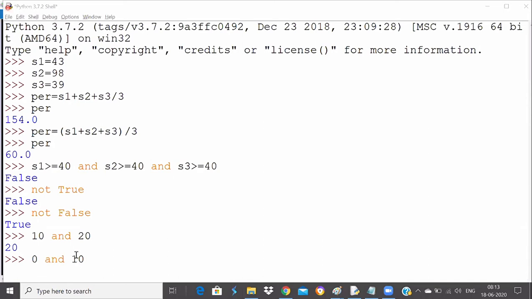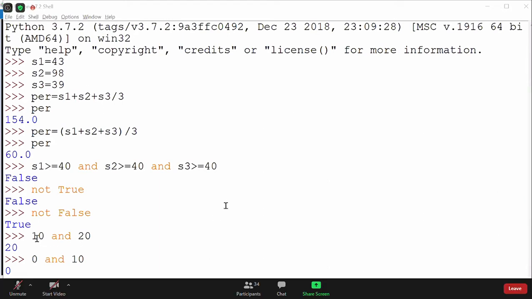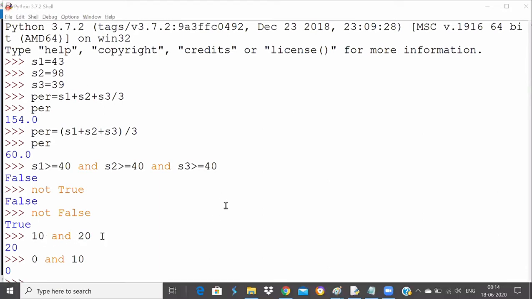If the first one is false, Snehal, do we need to check or no need to check? No need. Very good. No need to check the second one. As the first one is false, we don't have to check the second one. That's why the result will be 0. It's telling you which expression is getting evaluated. Getting my point now? In AND, if the first one is true, then only we'll check the second one.